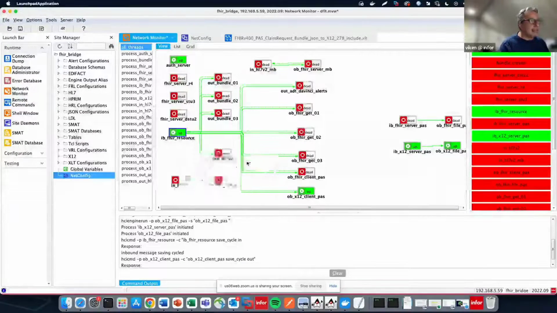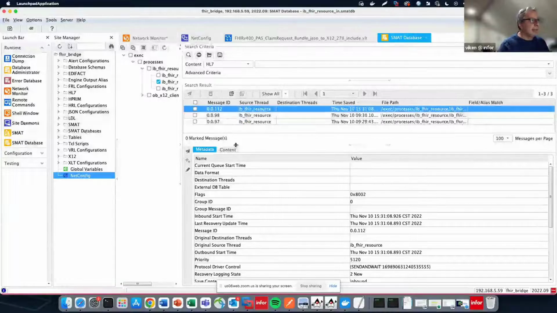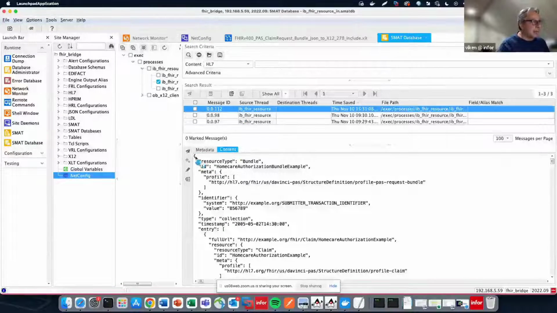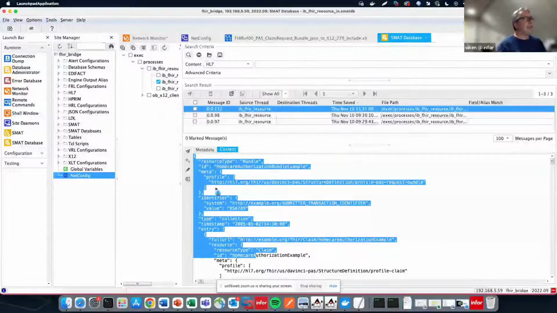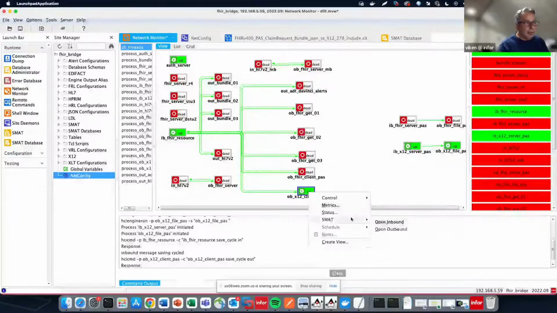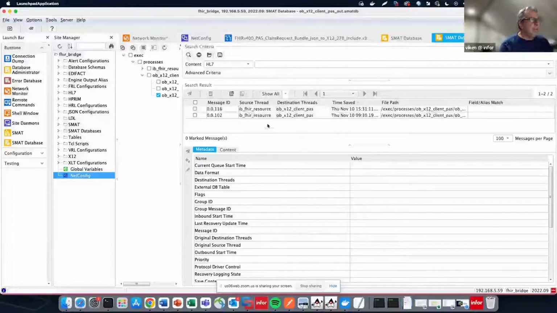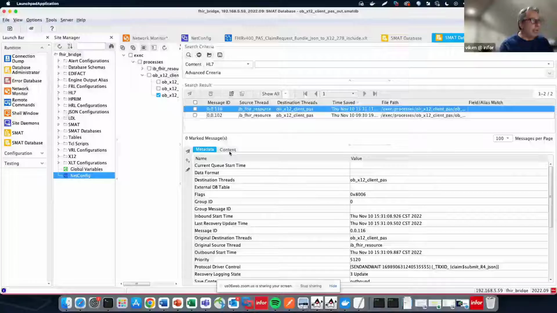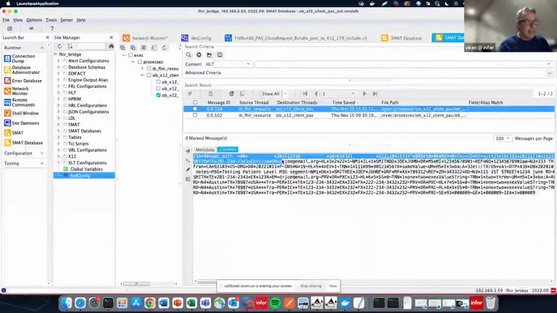If I switch back over here, let's go ahead and look at our SMAT. SMAT is the Cloverleaf archiving utility. In here, if I look at my content, here's the FHIR bundle that was received in Cloverleaf. Then let's open up the archive of this connection here. Remember, by the time we hit this connection, it's going to be in X12 format. There it is, so there's my X12 transaction.